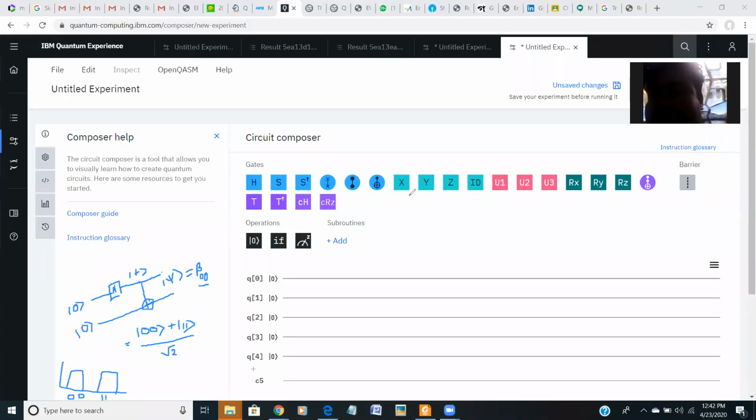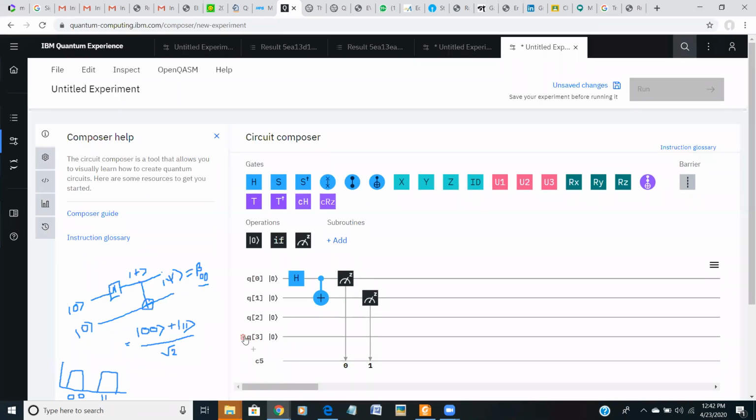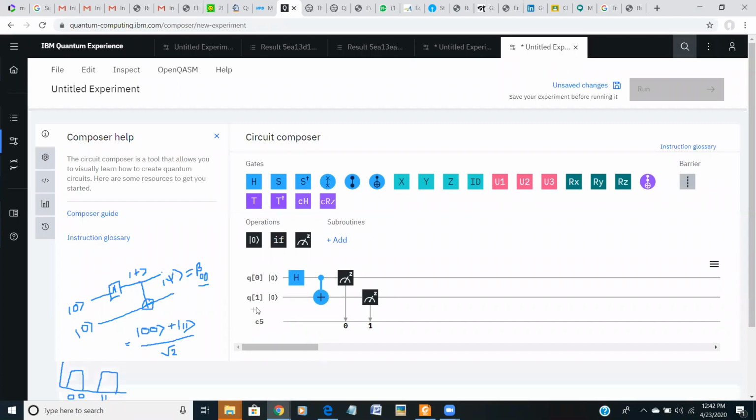How do we implement those? Now you see that this is the Hadamard gate. You apply Hadamard. Then you have a simple CNOT. Use a CNOT, and next you need to measure, and you can delete the rest of the qubits.